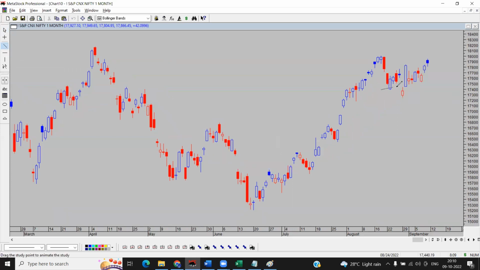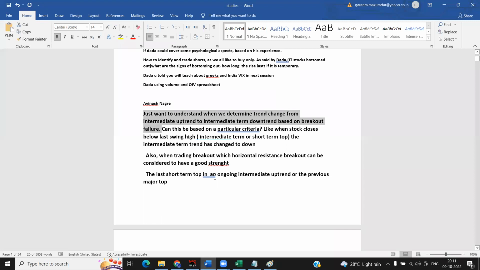Instead, what happened? The next day, it did a small gap up and went up, and in fact, that was a signal that perhaps the trend change may have taken place. Thereafter, it stayed in one place for 4-5 days. It didn't move anywhere, almost 5 days. On the 6th day, it moved up again, and right now it has confirmed a higher high, higher low has been formed. Got it? This was the first part of your question, answer.